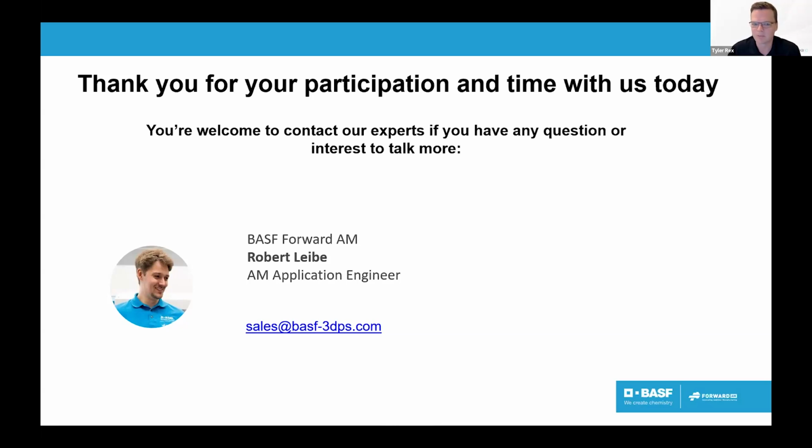I think we have time for a couple more questions. What infill percentage should you print with, or should it be 100% solid? Well, I only know infill percentage in the context of filament printing. There you can print parts really hollow. Here in this case, it's a resin. But if you decide to hollow out or shell your part and fill it with a gyroid structure,